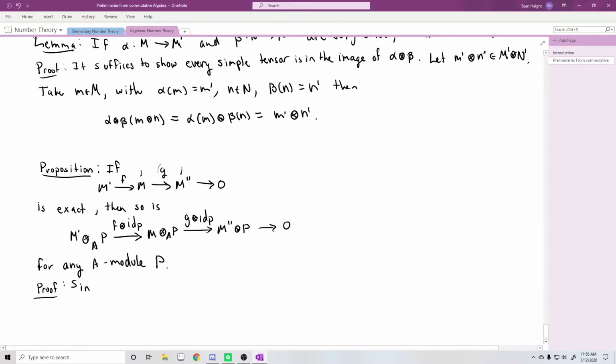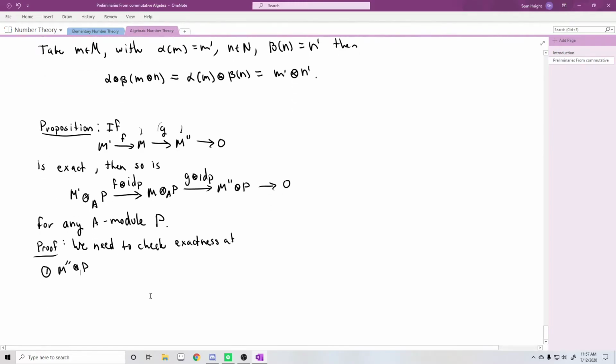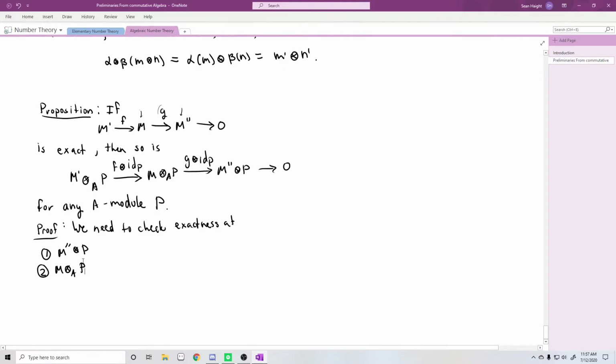So first, the above lemma takes care of exactness at one spot. We have to check exactness at two spots. So what do we need to do? First, we need to check it at M double prime tensor P. It turns out this is just going to be taken care of by the above lemma. Second, we need to check it at M tensor over R P. So to take care of one real quick, recall: